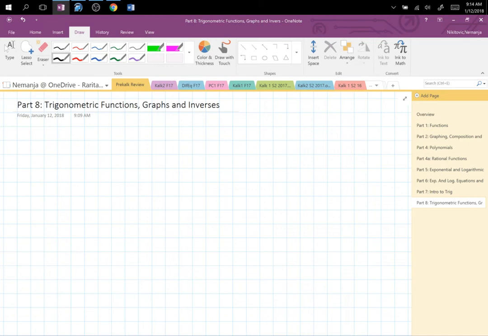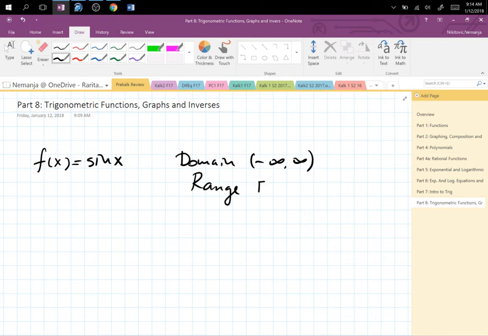So we start by understanding that the function f of x equals sine x is the function which has x as the input. The domain will have all real numbers from negative infinity to positive infinity, and the range for sine and also cosine function is going to be from -1 to 1 inclusive. So any value that you plug into sine x will result in some answer that is between -1 and